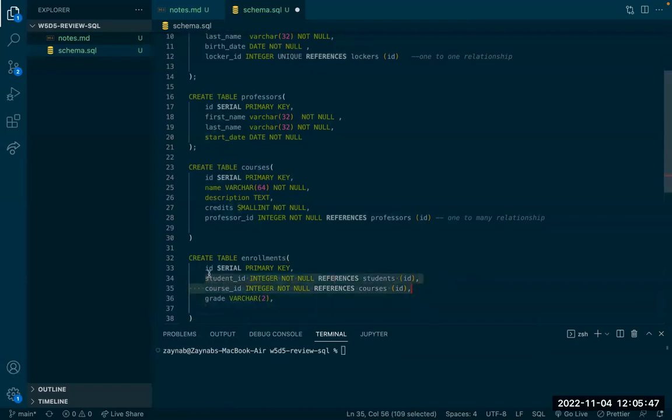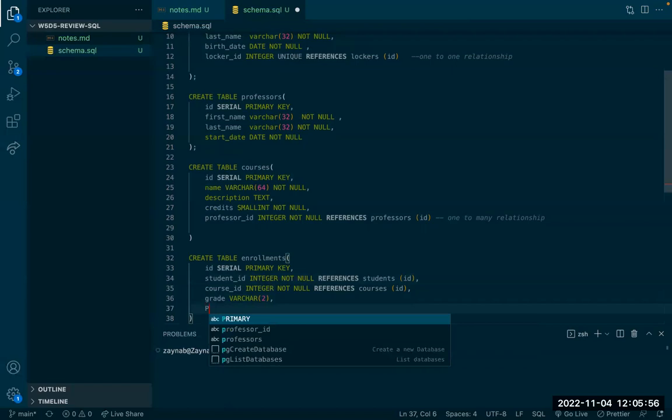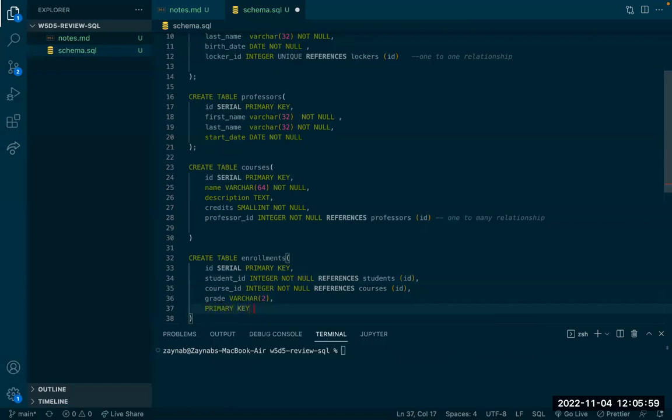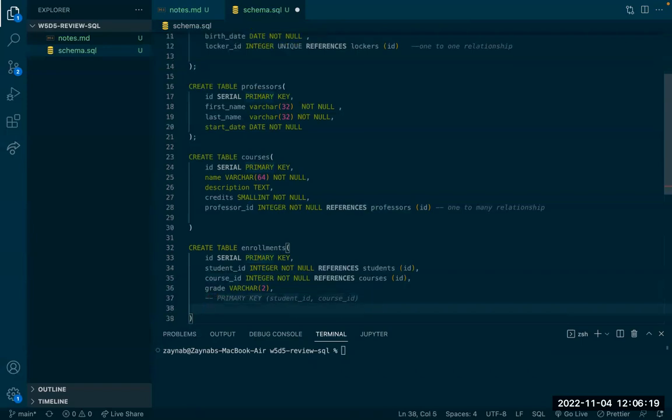Because we want these to be unique, we can either make them primary keys and not have an ID, or to make primary keys, we can set student ID and course ID in here. Student ID, course ID, this will create that properly. We can also just say unique. So we can set a unique constraint on these two, where the combination of student and course